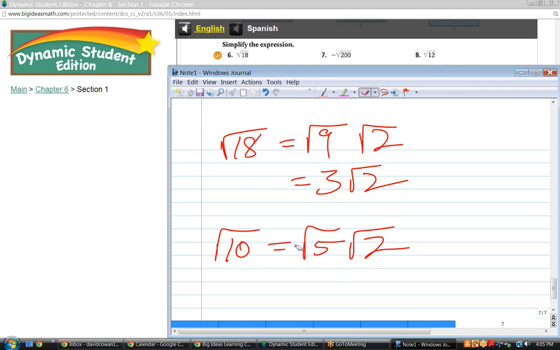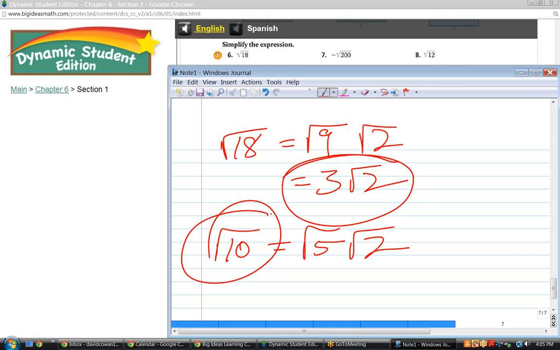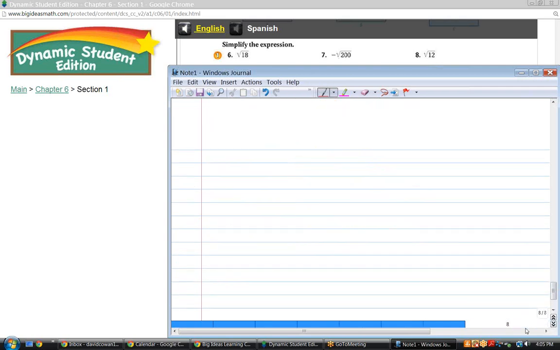In other words, this would be the correct answer, and this would be the correct answer. So, for minus square root of 200, what's that equal to? Well, square root 200, if you prime it,